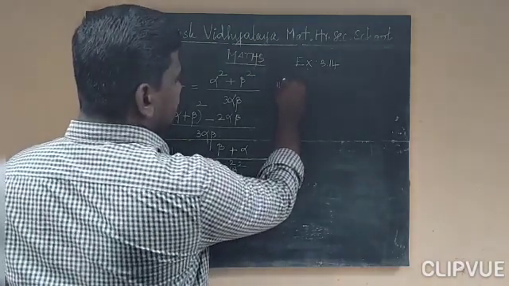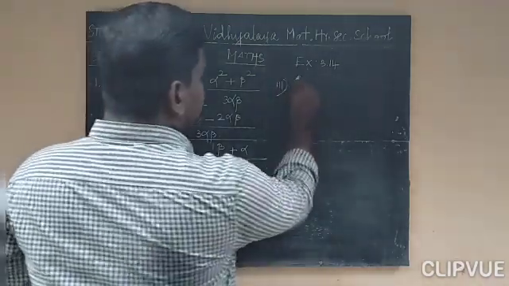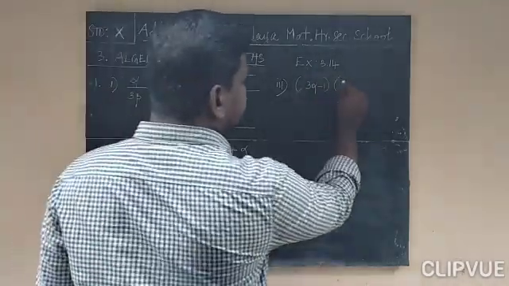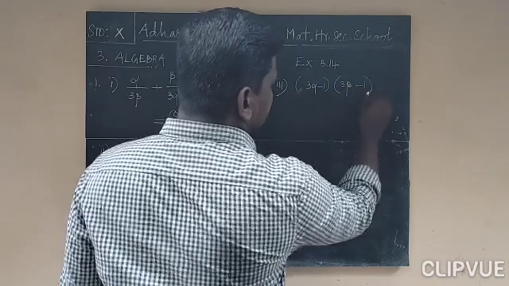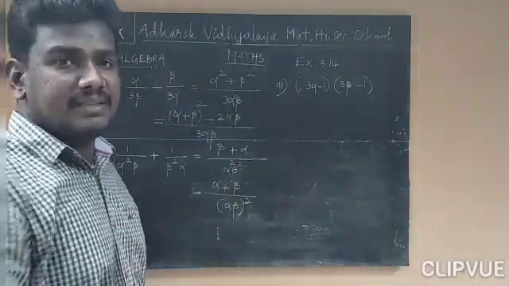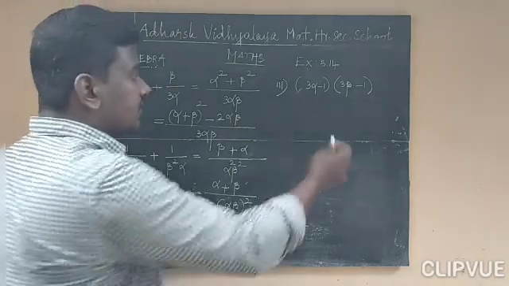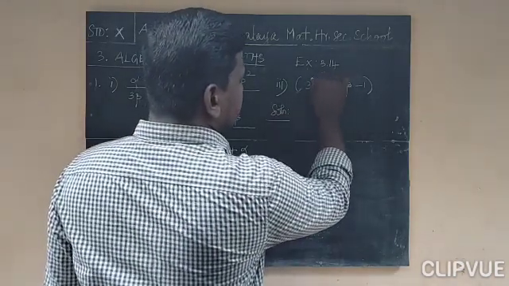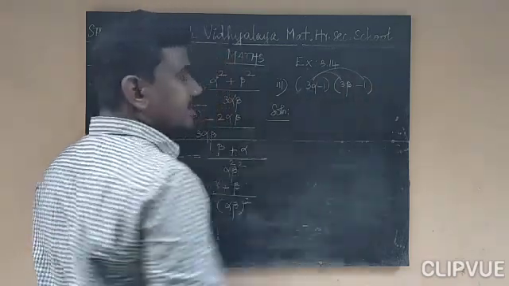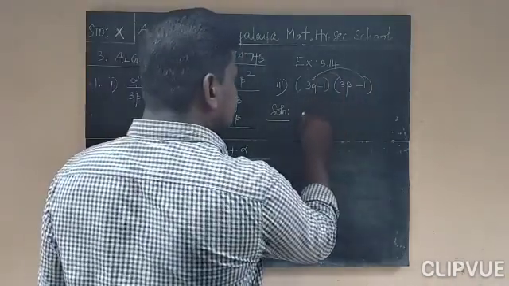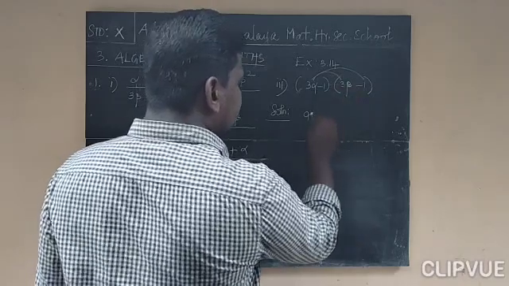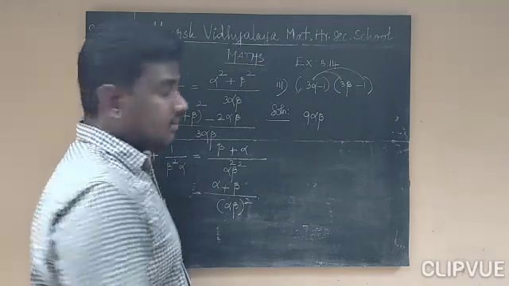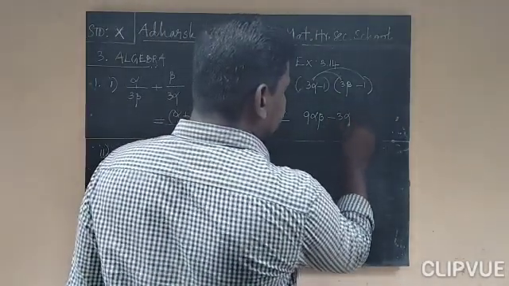Third subdivision. 3 alpha minus 1 and 3 beta minus 1. Okay, let us multiply them. Separate factors are given. Let us multiply them. First this one and this one. 3 alpha into 3 beta. 3 into 3 is 9, alpha into beta is alpha beta. 3 alpha into minus 1 becomes minus 3 alpha.